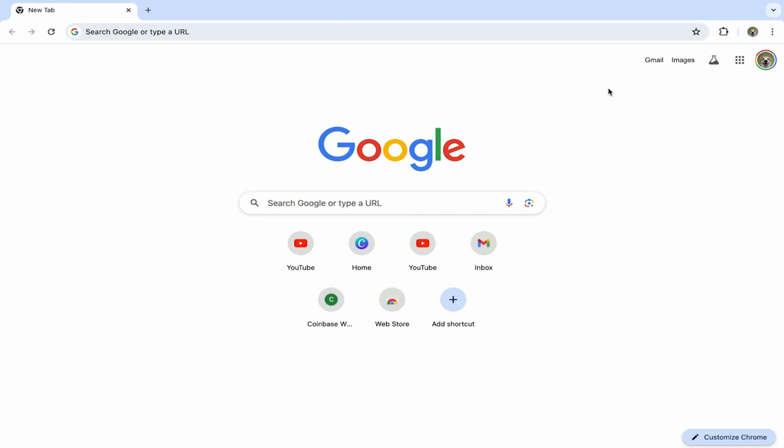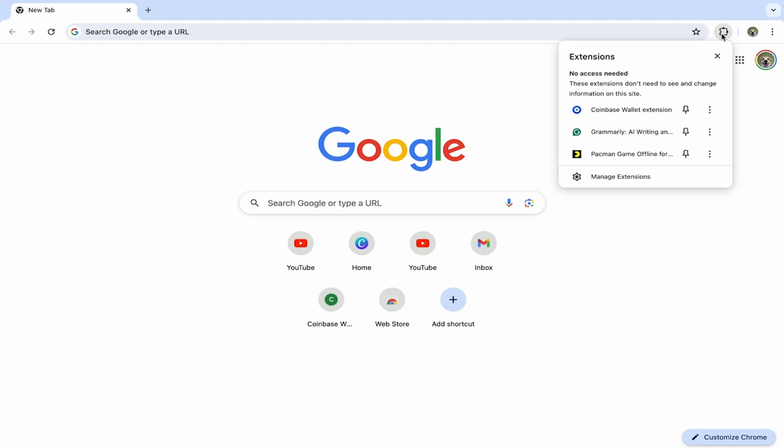First of all, we're going to open our Google Chrome page. And here we're going to look for the extension icon that is going to be a puzzle piece. You can find this icon on the upper right part of your page. Then we're going to click on the icon and here we're going to find the extensions that we already have